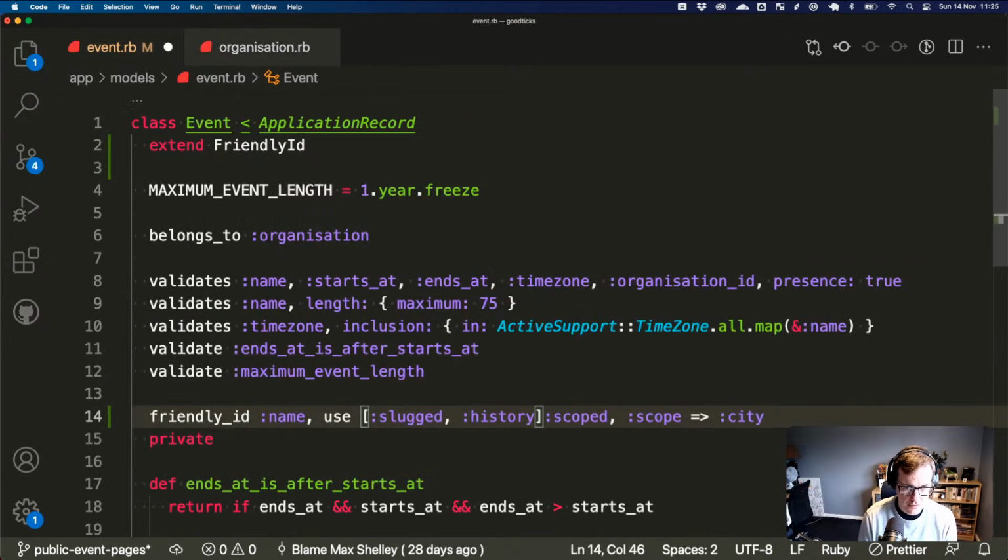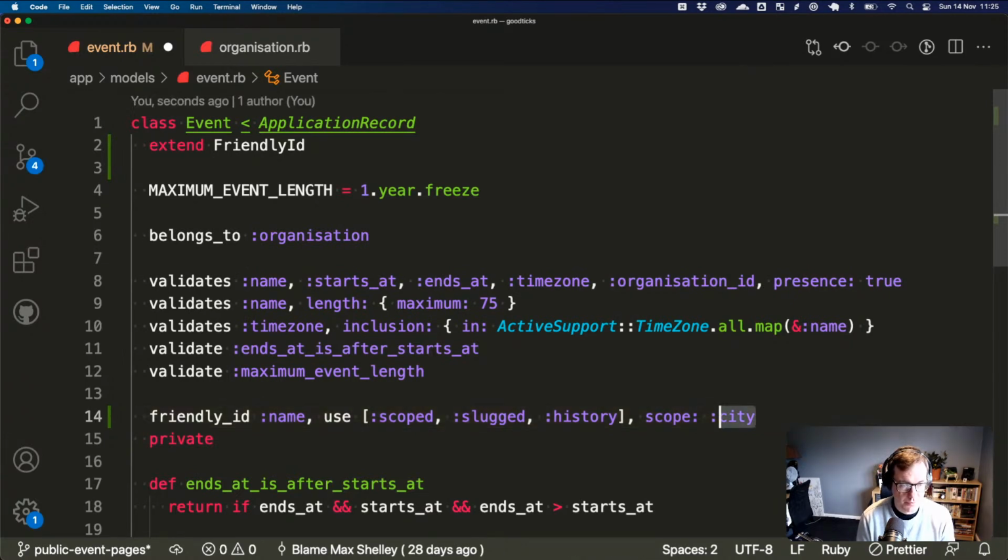And we're going to do all of this. We're going to have logged, scoped, slugged, history. There was something about the order that history was in. I can't remember what it was. Scope. And the scope is going to be organization.